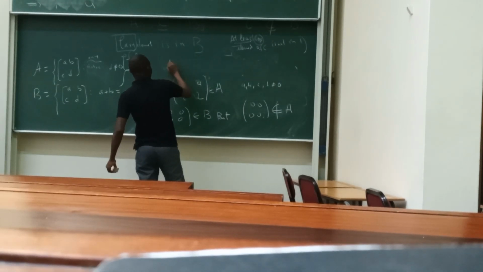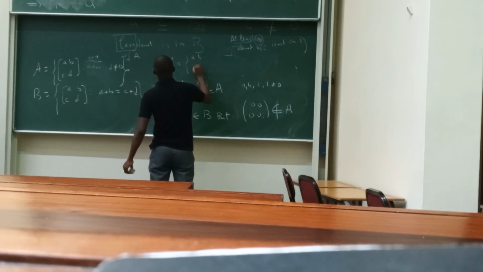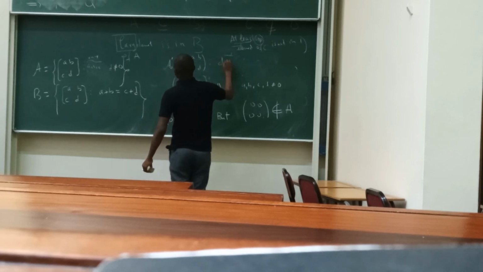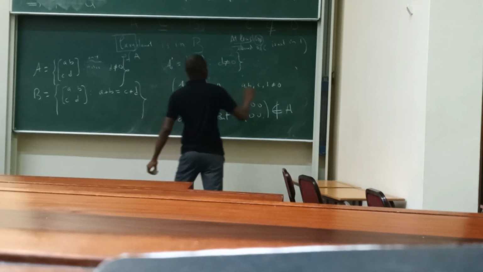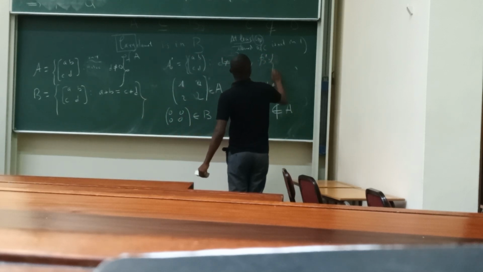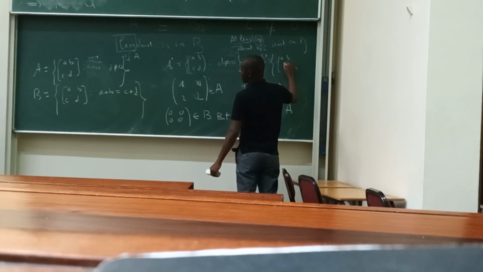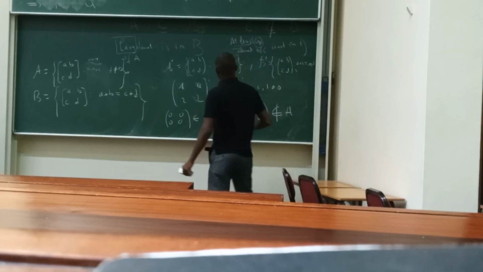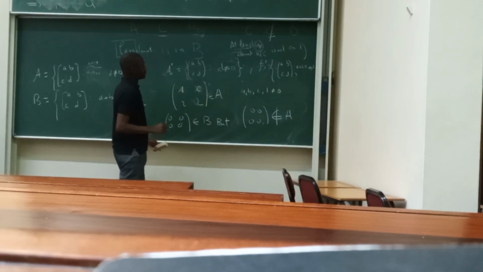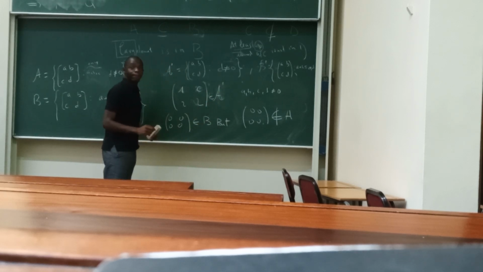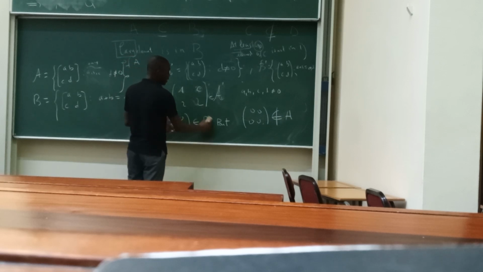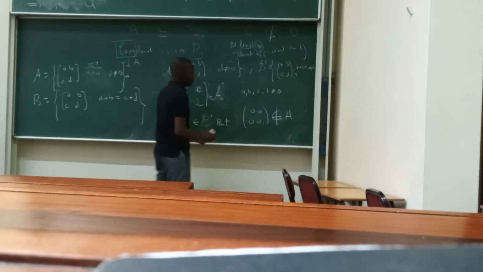We consider my set A prime, which is the set of A, B, C, D such that D is different of 0, and my set B prime, which is the set of matrices A, B, C, D such that A plus B is equal to C plus D. And we answer that this element is in A prime, and this is in B prime, but this